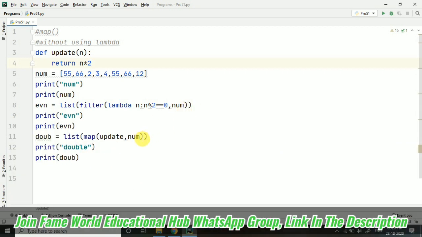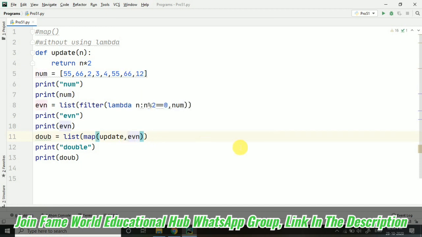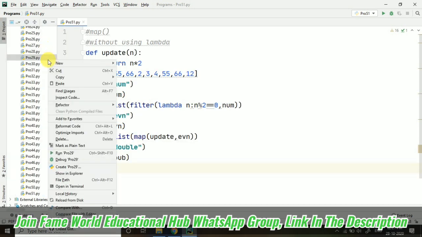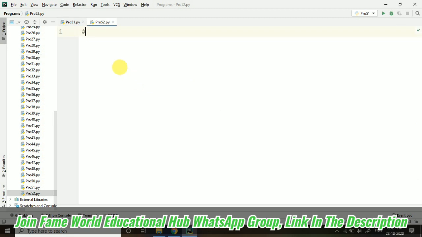This program is clear, but here I have not used the lambda expression in the map. For that I am going to create one more program, and there I will be telling you that this is map without using lambda, and then the map function using lambda.